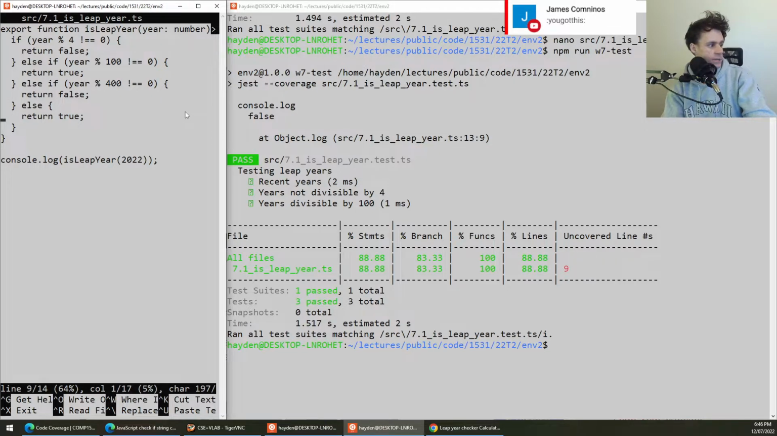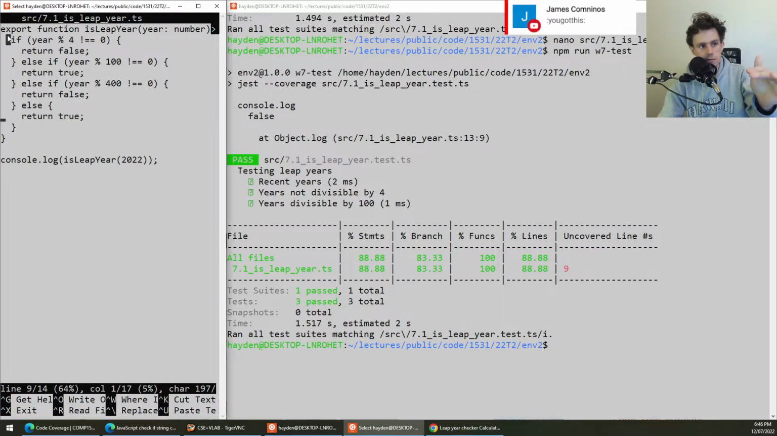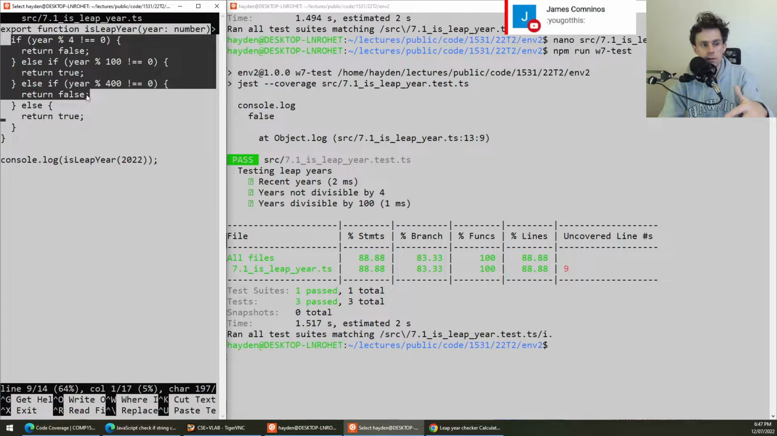And line 9 in this piece of code is right here. So there's our piece of code that was not actually run, line 9 there, return true. And this makes sense because if you go look at all the other tests we're running, some of them go into this if statement and then return immediately. Some of them go if, else if, and then return immediately. But no one ever made it to that last one